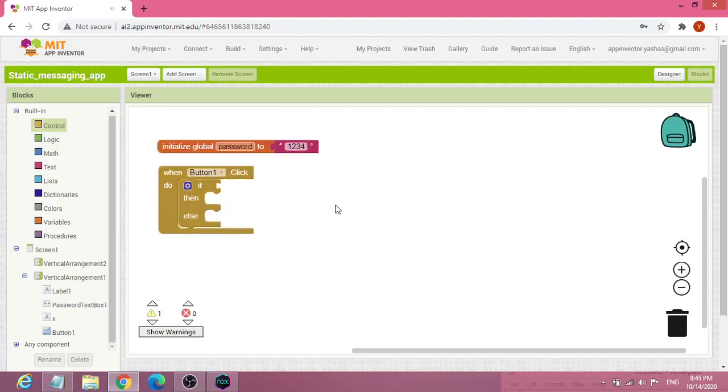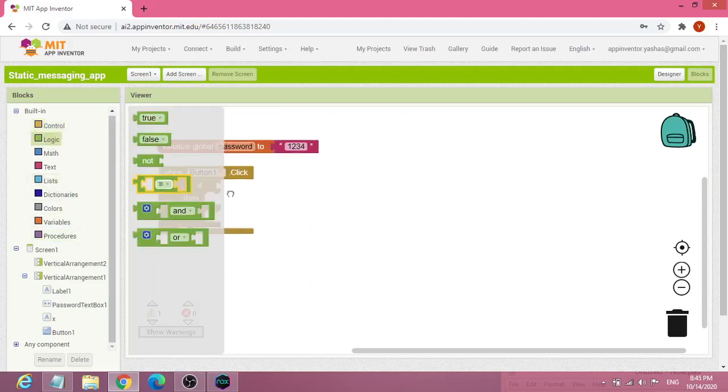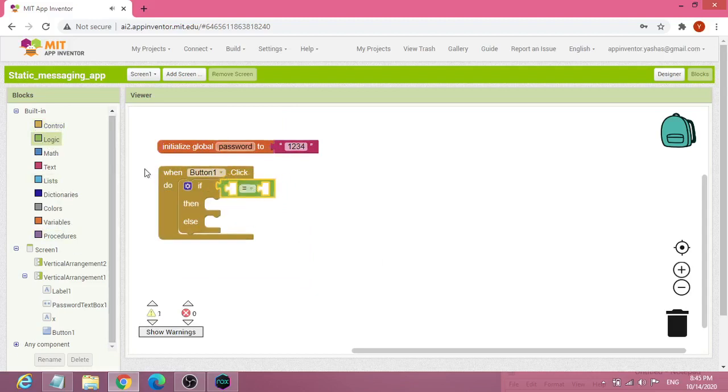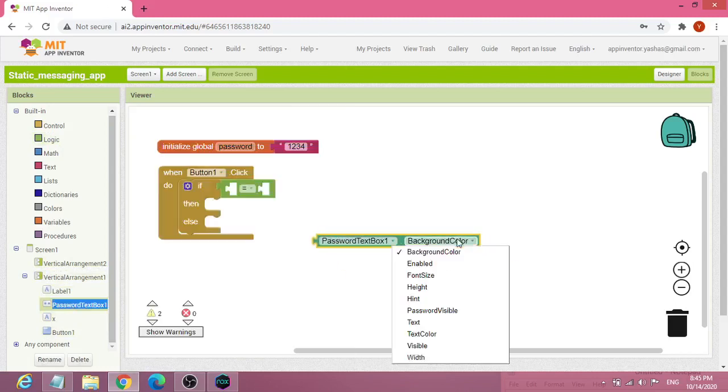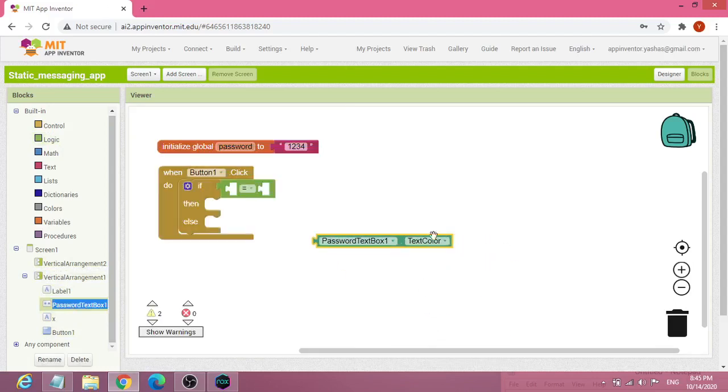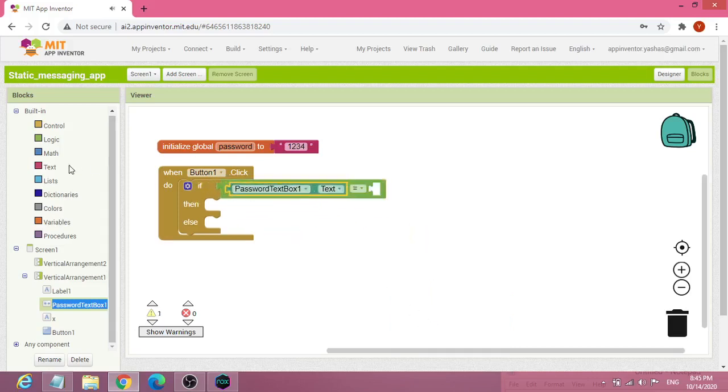First I would make an equal sign. If PasswordTextBox1.Text is equal to get global password, then